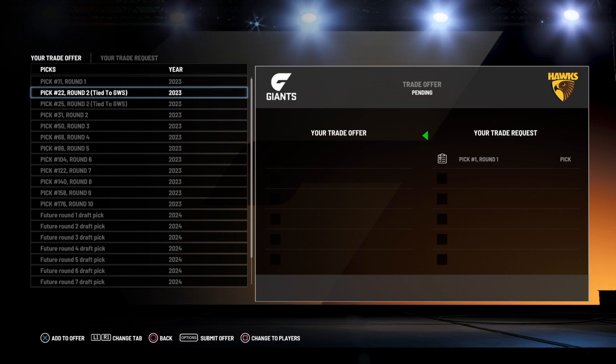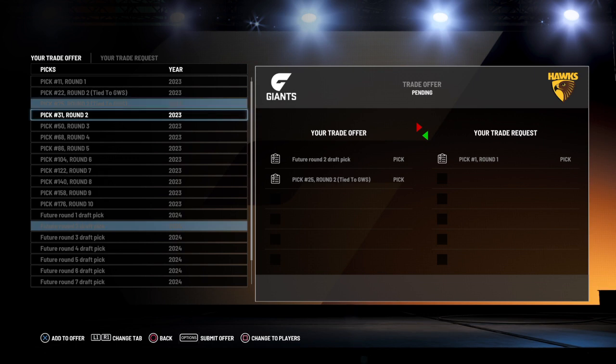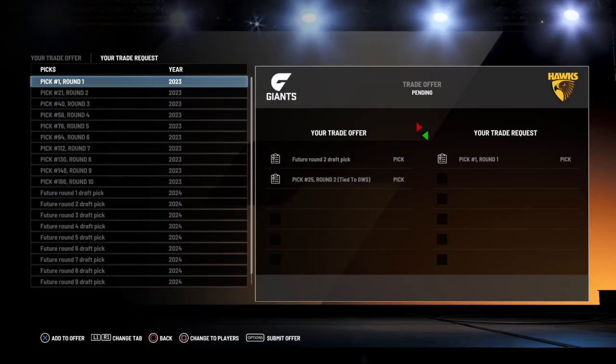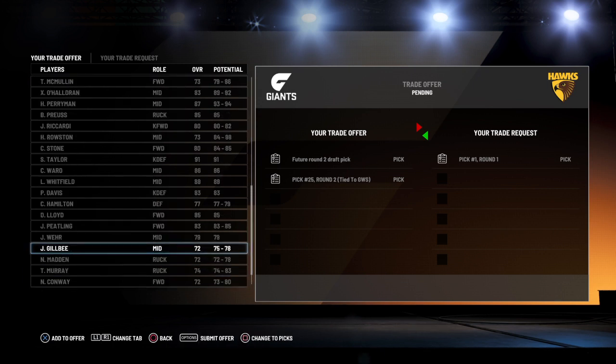So we've got pick 22, 25, 31, 50. So I'm going to give up a future second. I'm going to see if I don't have to give up a first rounder at all. Go up future second, 25, 50. Well, actually, we'll see if the round 2 picks get it done. Immediately decline. They're insulted. Alright, so we'll give up future round 2, 25. We will give up...